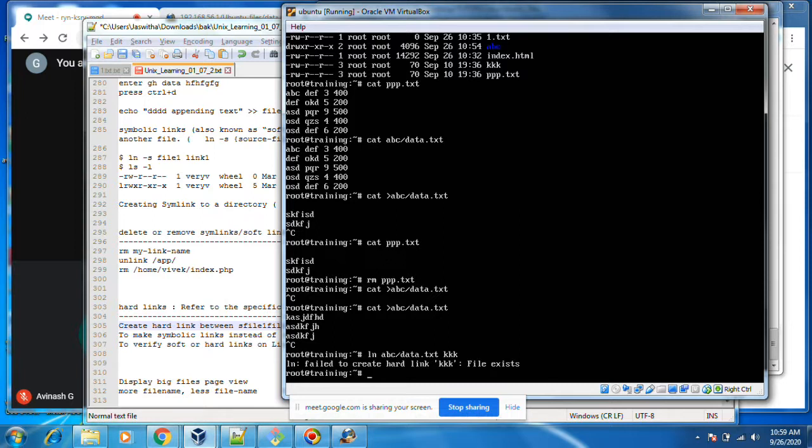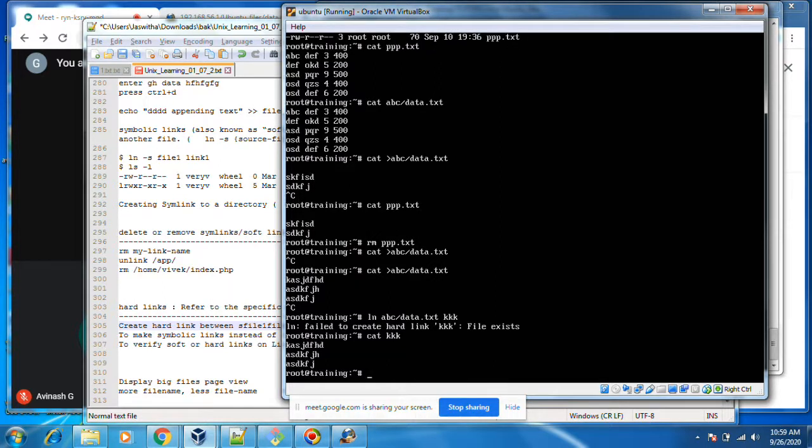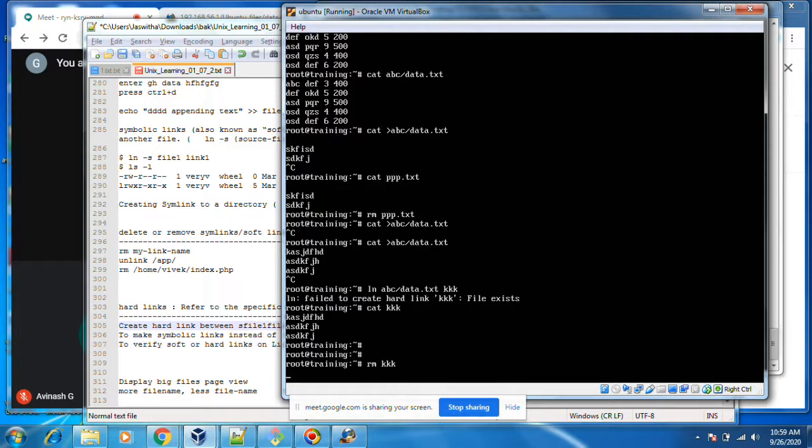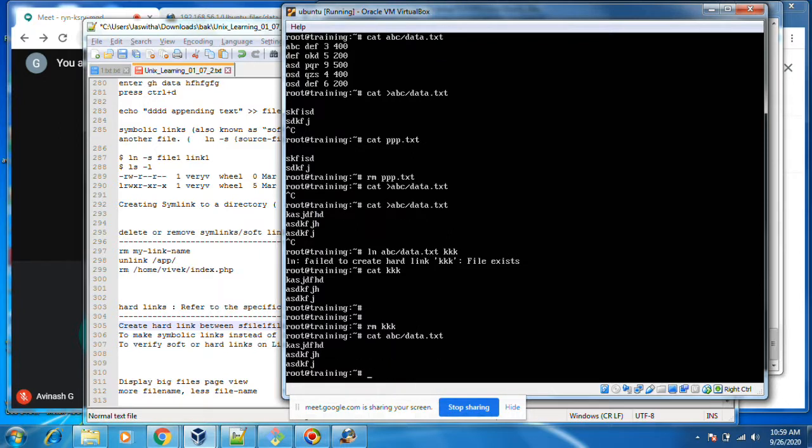Sorry, hard link, the file already exists. Okay, now I am removing kkk. I'm just catting to see whether the source file will be there or not. The source file will be there. Okay, there is a little bit of difference between soft link and hard link.